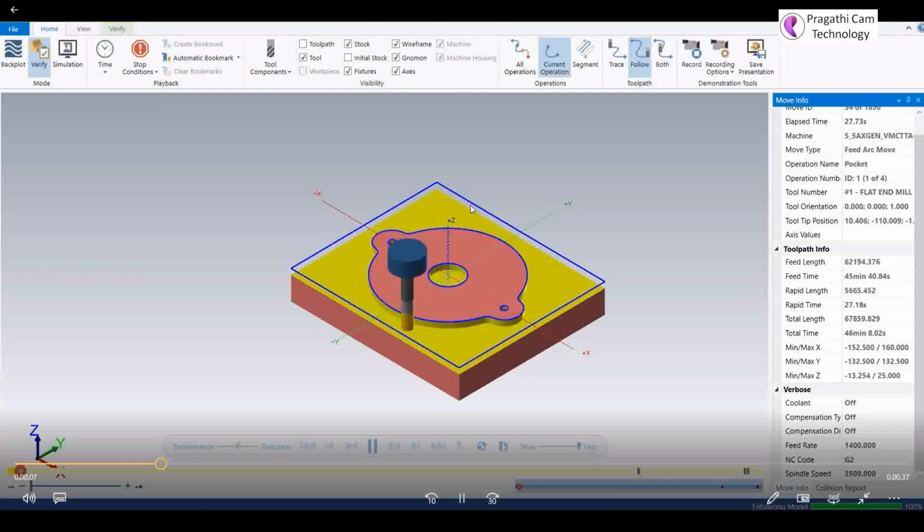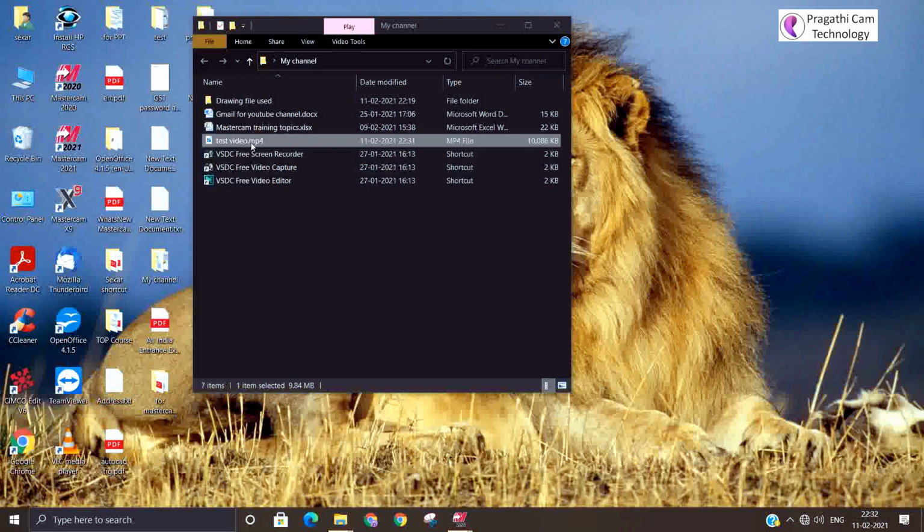Like this you can save the solid simulation file and use it for some presentation, or you want to show it to your top management, and the place where you are going and explaining, the people don't have the Mastercam software. In that situation you can show this, or you want to do the presentation along with the PPT, you want to attach this one. All these things you can do using this technique.